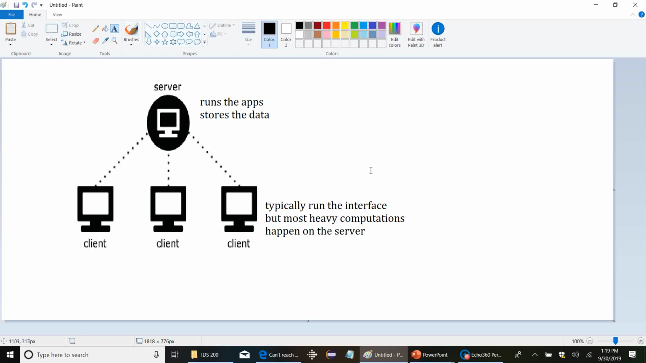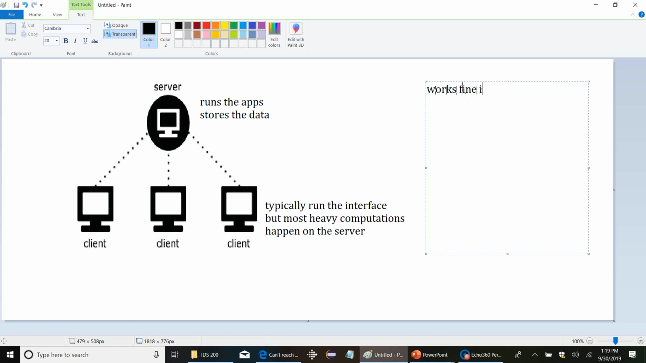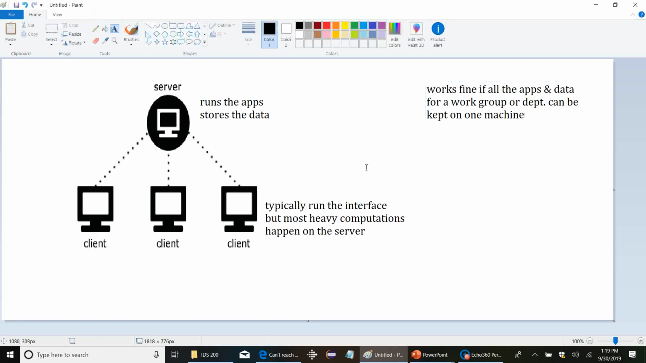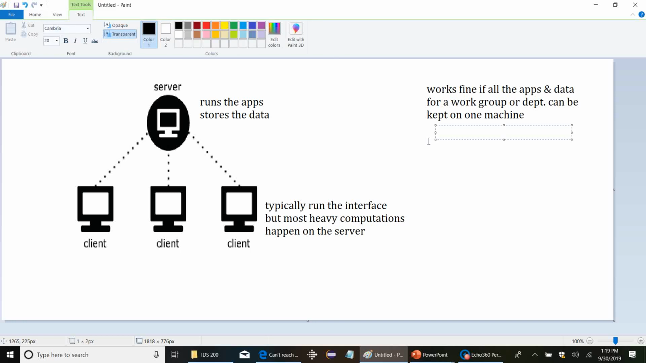Okay, so client-server architecture, the basic problem is this. Works fine if all the apps and data for a work group or department can be kept on one machine. Okay? And back in the 80s, that was not an unreasonable setup. There was data, but there wasn't crazy big amounts of data like we have now. Okay, so you'd have a work center, right, some floor of a building, whatever. They'd all connect to one server, and they'd all be running their applications on it. And it worked fine for that. But the problem arises